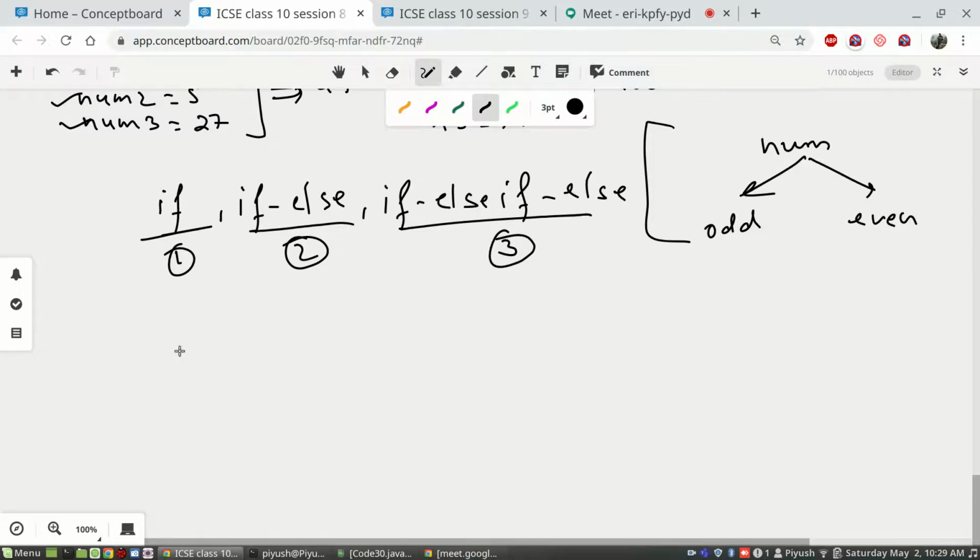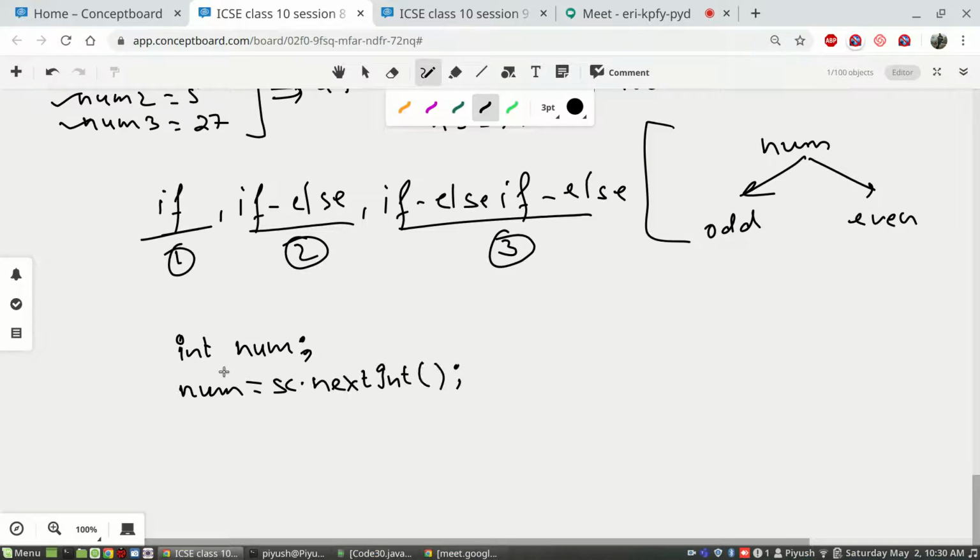Now what can be done? We'll take one number as input from the user. So we'll write int. Always try to take names relevant to your input. I am taking one number, so I'll write num. You can also use double and float, but not in this case, because a number can be either odd or even, so we don't need double or float, that is, numbers with a decimal point. You will take int only, and then write num equals sc dot, considering you have imported Scanner and written Scanner sc equals new Scanner above. You will write nextInt.